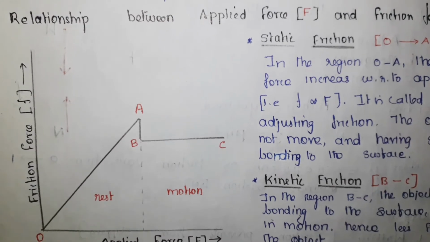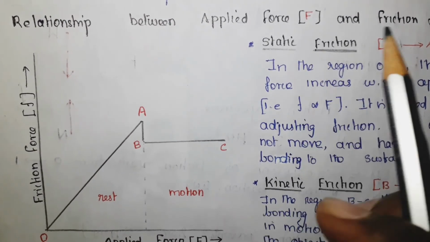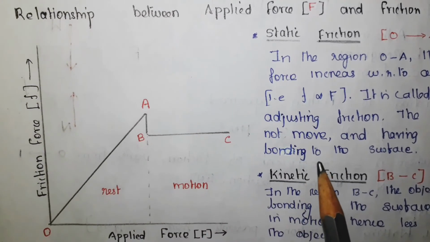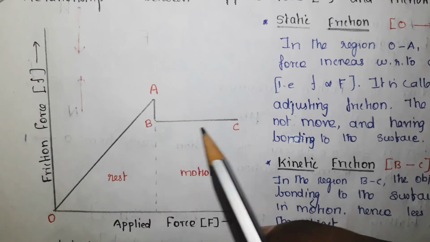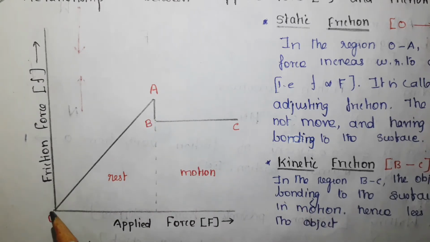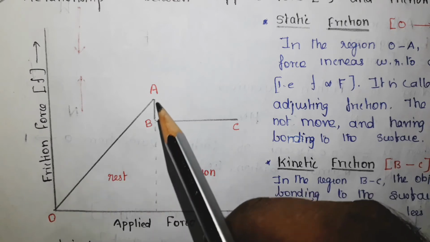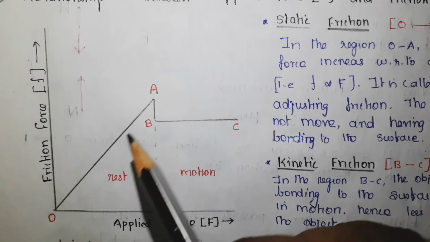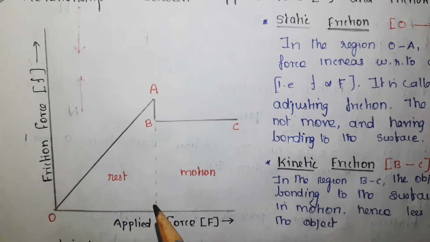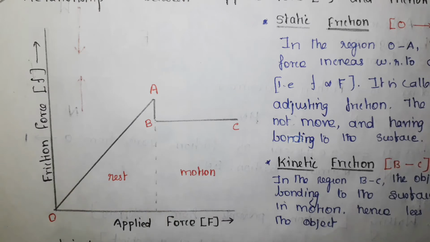Now the next topic is the relationship between applied force F and the friction force small f. Here is the graph. Here the x coordinate represents applied force and the y coordinate represents friction force. Now here is the graph O, A, B and C. Between O to A, the object is at rest, that means static condition. In this region, that is 0 to A, the friction force is directly proportional to the applied force. That means if I increase the applied force by 1 Newton, correspondingly the friction force will also be increased by